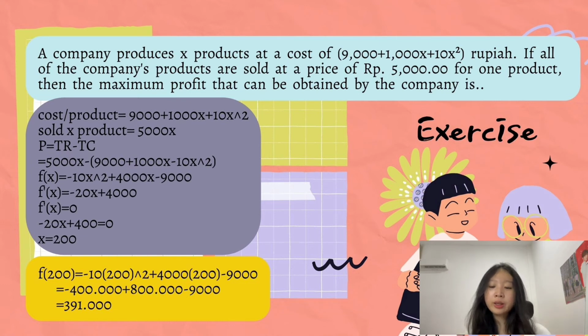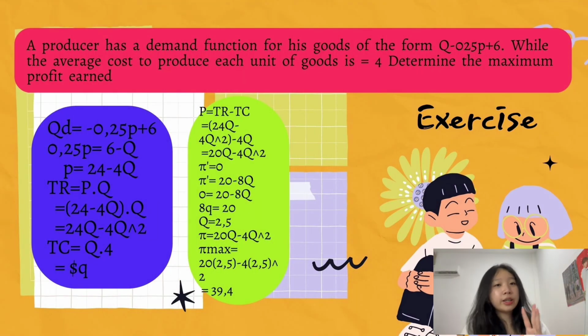And it remained 391,000 rupiah. For the third example, we have to determine the maximum profit, which from the question itself,